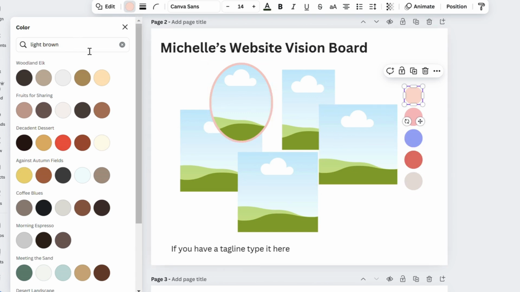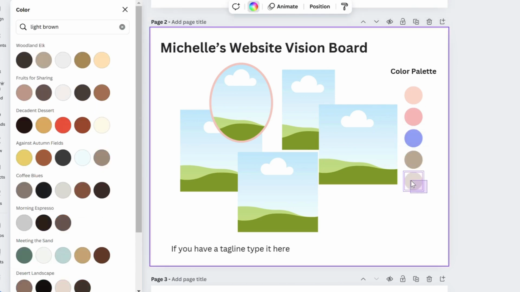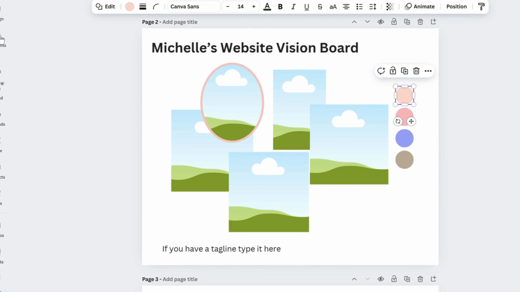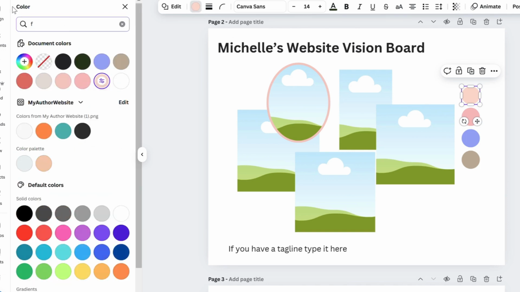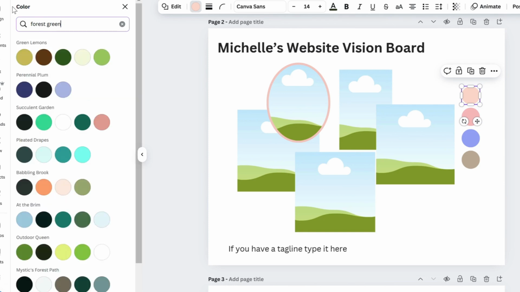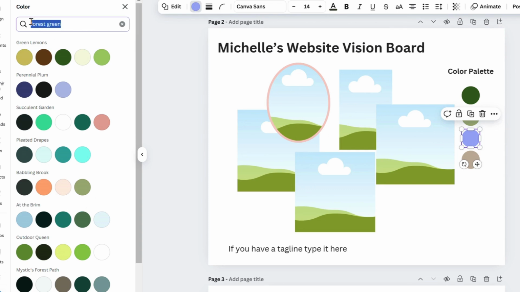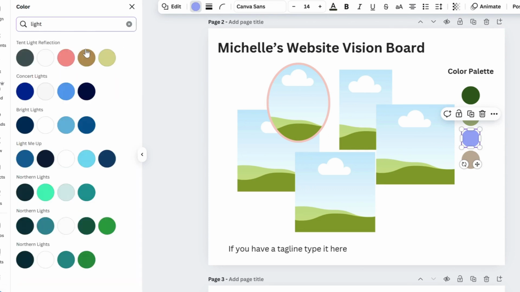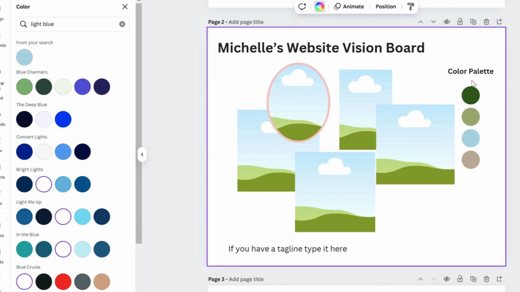One of mine is actually this one. I've also decided to just have 4 on this particular color palette. So now I'm going to go ahead and get these. I already know what colors this particular palette is going to have. So I'm just going to go ahead and grab those. So these are the colors that I want my